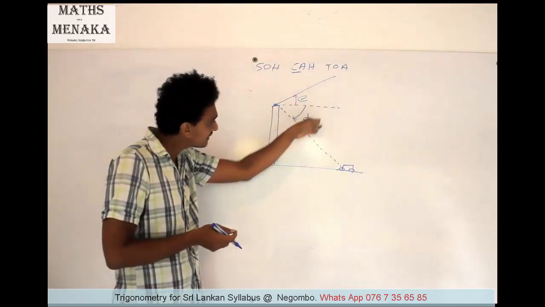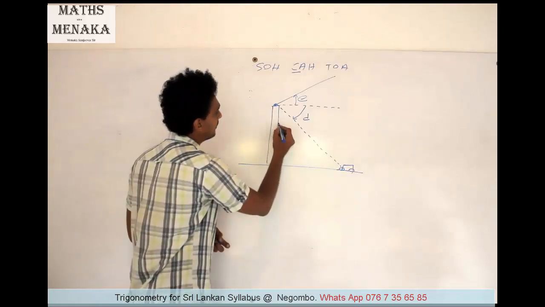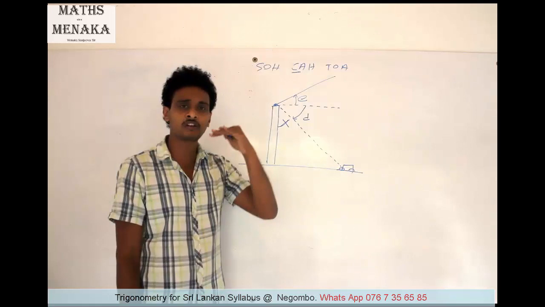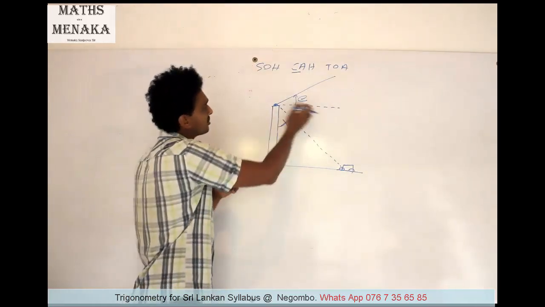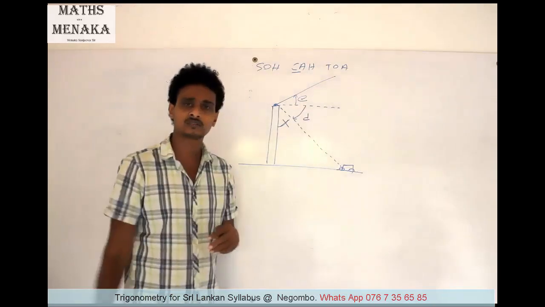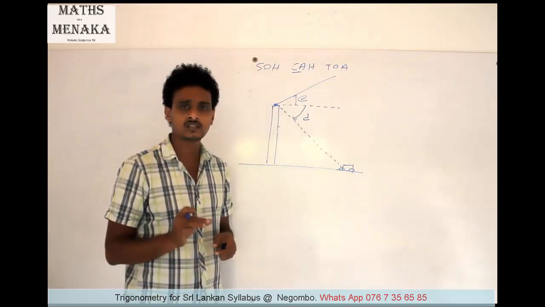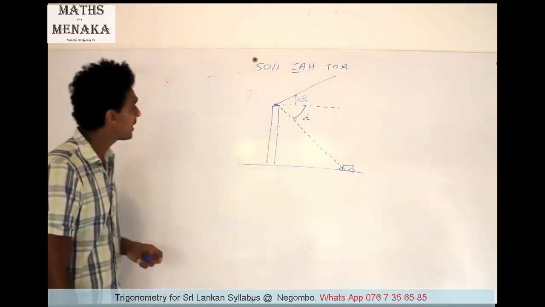The angle of depression is measured from the horizontal line. Some people mark this angle, but this is not the angle of depression. The angle of depression and the angle of elevation you always have to mark from the horizontal line. Draw the horizontal line. Another thing is, if they have mentioned the height of the person, they consider the person as a dot. The other thing is, you should know the bearing.